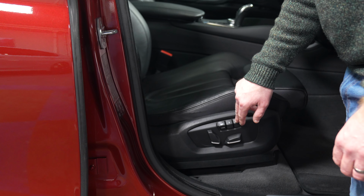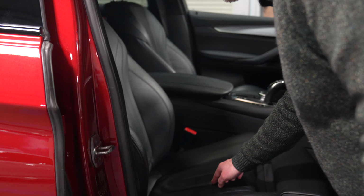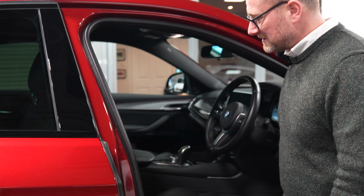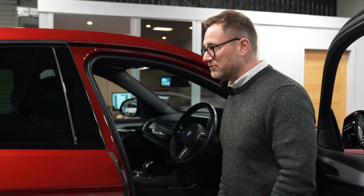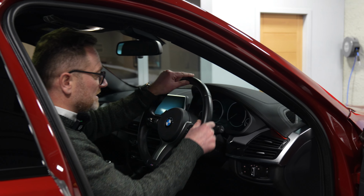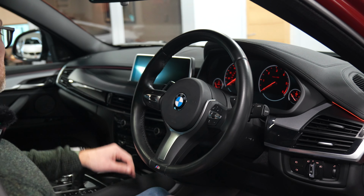Electric memory seats, memory on the driver's side, bolster perfect on the base and on the backrest, and there is literally hardly even a stretch on that base. But 24,000 miles, it really should be perfect. Jumping in, steering wheel's perfect from the 1 o'clock to 2 o'clock position. As we can see,